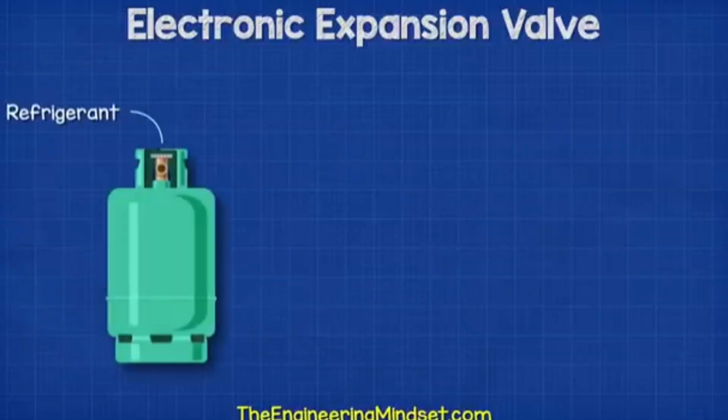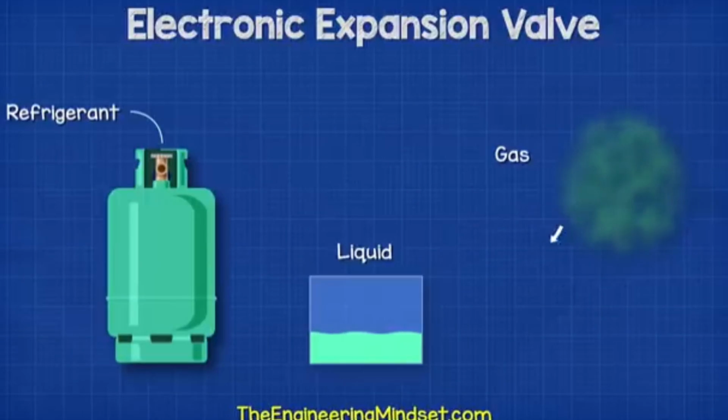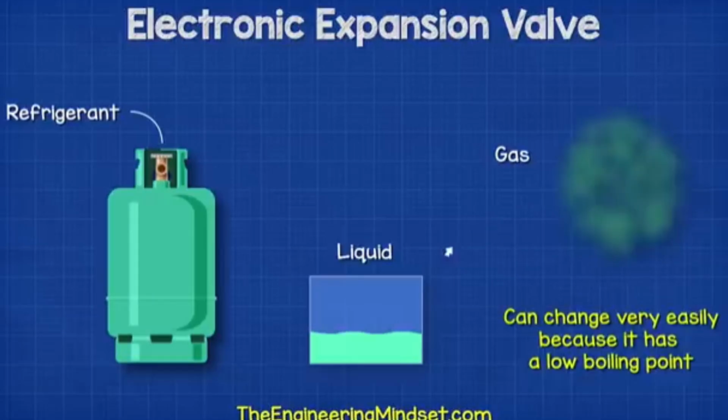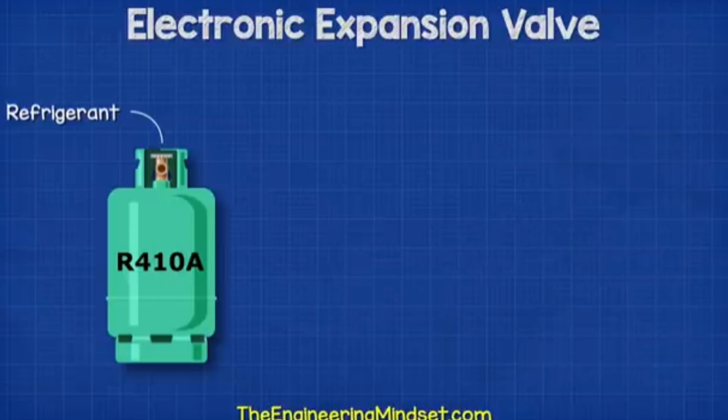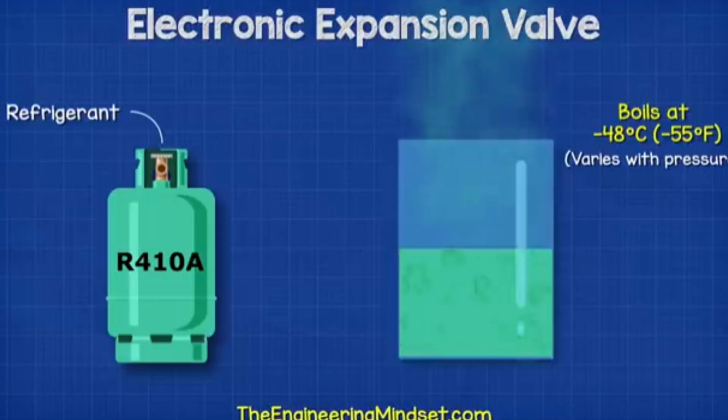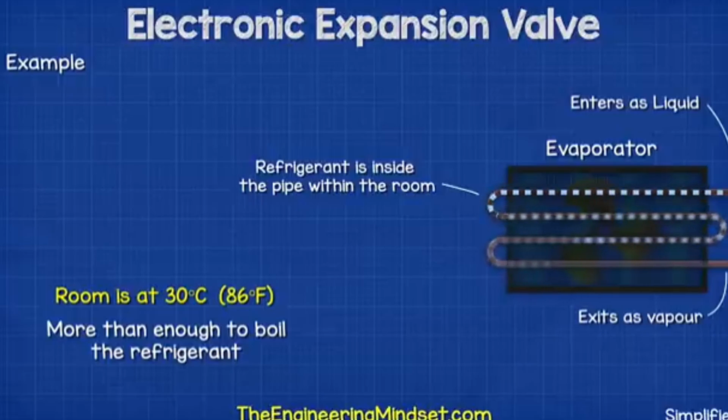The refrigerant is a specially designed fluid which can change between being a liquid and a gas very easily, and that's because it has a very low boiling point. For example, refrigerant R410A will boil at negative 48 degrees Celsius or negative 55 degrees Fahrenheit, although this will change with pressure. But if the refrigerant is inside a pipe within a room, and the room is at 30 degrees Celsius or 86 degrees Fahrenheit, then this will be more than enough to cause it to boil from a liquid